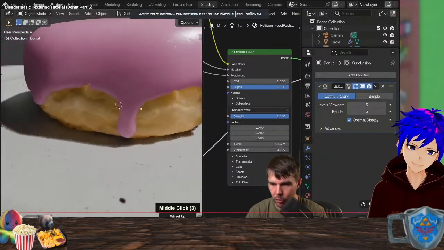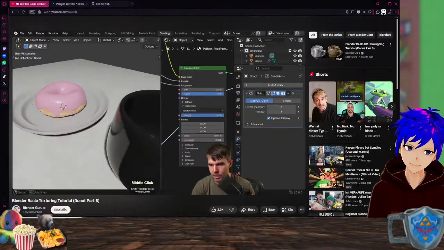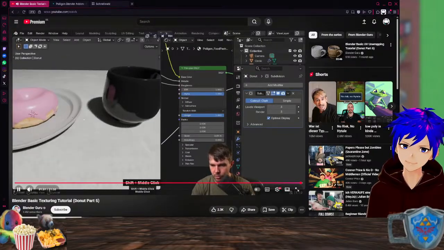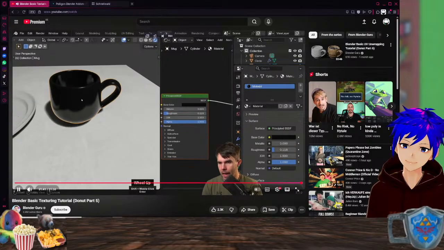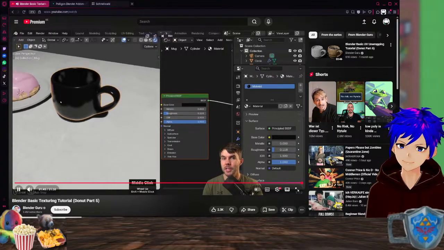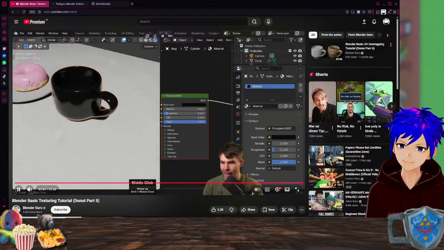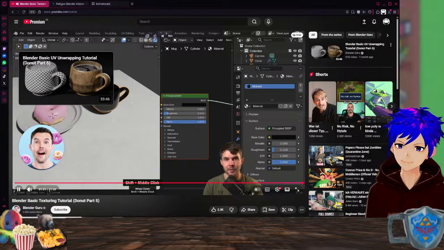We've got a real donut that has been captured and projected onto our torus. And that's just 2 materials, which is really cool. The final object to texture is our mug, and I'm going to do that in the next part because we need to go much deeper into UV unwrapping and show how to unwrap a custom object. So join me in the next video.